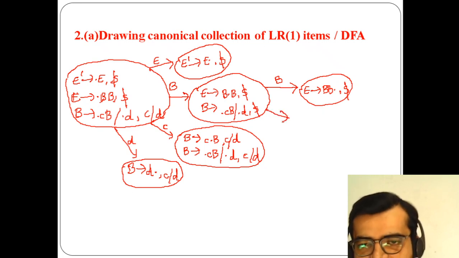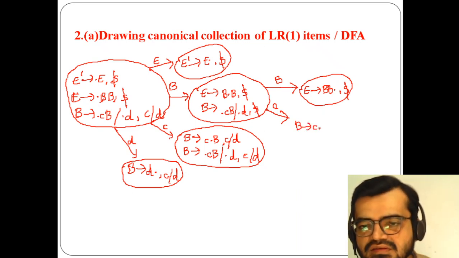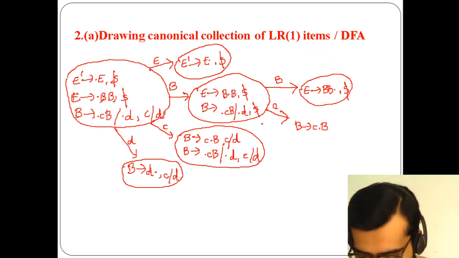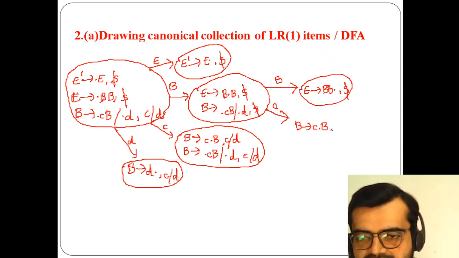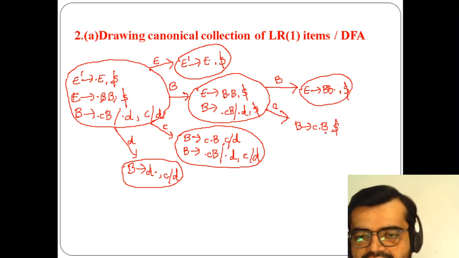Here I have to use C. So this is for C: B of C dot B, and the same look ahead symbol has to be used, so I'm using dollar here. Now B I have to read.